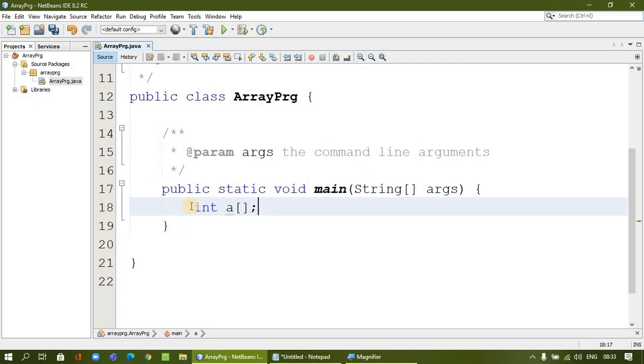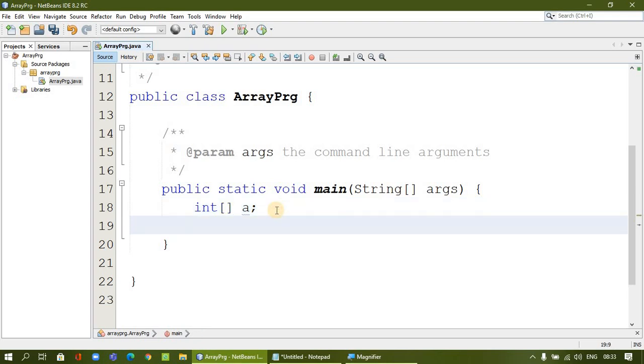So we will use the primitive data type or any object, followed by the array identifier and followed by the subscript. Either you can declare it this way, or the subscript can be put near the data type or near the object. Both ways we are able to declare, and once we have declared, we have to create an array. Creating the array should use the array identifier. We have to use the new